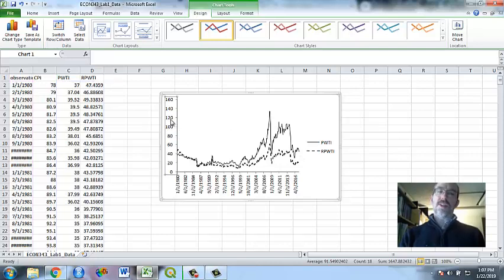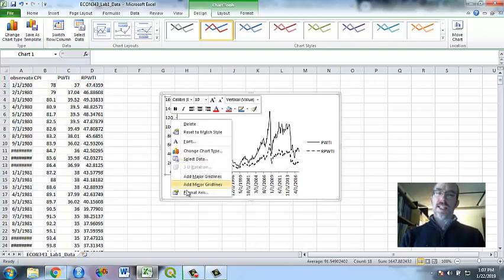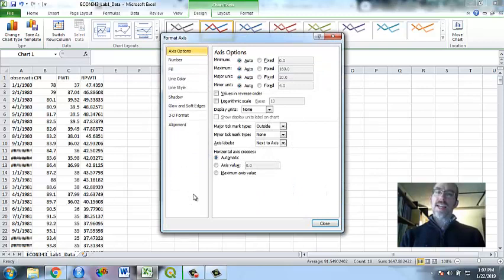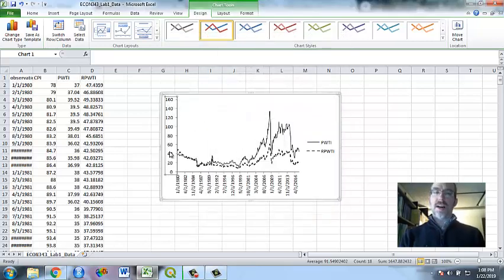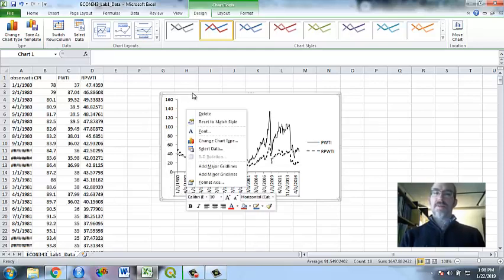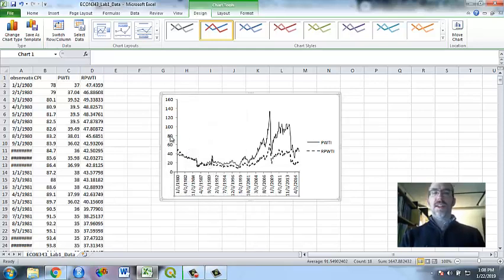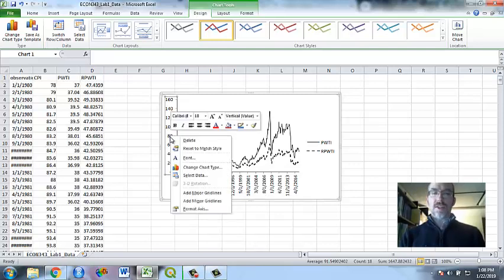You can also, if you want, right-click here. You format the axis, and you can actually change the numbers in here. Sometimes you want to do it if you have negative numbers. Sometimes the line will go through part way and you want to change it. I'm going to change, actually let me do this first. You can change,